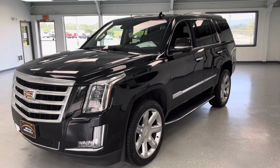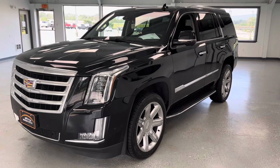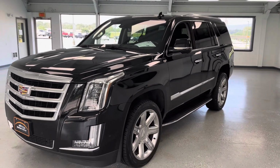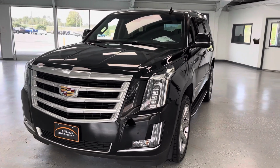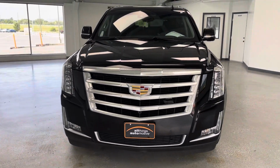Here we got a 2018 Cadillac Escalade Luxury, 48,000 miles, one owner with a clean Carfax in black. Beautiful, beautiful premium level, large size SUV here with a brand that's been around for a long time and trusted in Cadillac. As we come around, you can see a really bold, stately front end,